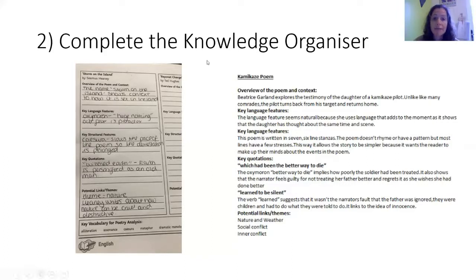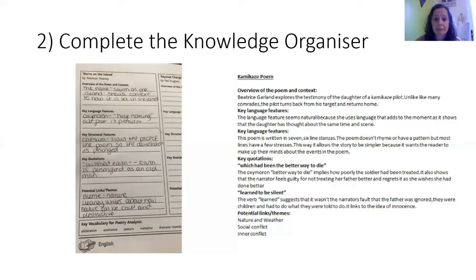Another way of doing it, rather than printing off the paper version, is to just use the headings to write it yourself. So here we've got the headings transferred into Word, and this person's made some fantastic notes here. Really perceptive points about the effect of the language. I was very, very impressed by the level of detail here. And like I said before, I'll say it again, I've been so impressed by the work that you're doing